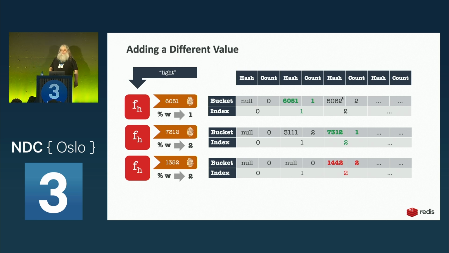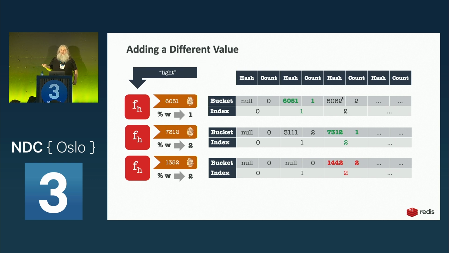But in the third row, we go there and we say, well, there's something in this bucket, and it's not us. It's not ours. What do we do? And this is where it gets interesting. So there is a possibility that the count will be reduced by 1. Because there's a conflict, we'll basically roll the dice and determine whether we're going to erode that value, reduce that 2 to a 1. And if we knock it out, if we knock it till it's empty, something else can come in there and take its place.